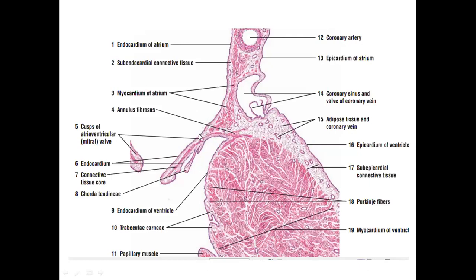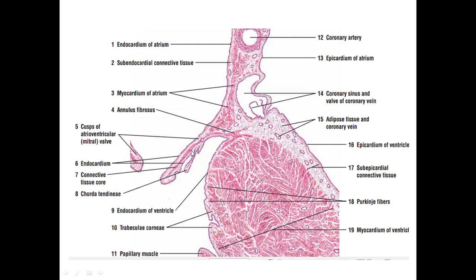Just look at this part, that the wall on both sides, the part of this valve which is facing the atrial side and the part which is facing the ventricular side, are lined by or are continuous with the endocardium. So there must be simple squamous epithelium. Below that you have on both sides subendocardial connective tissue, but the core of the valve, wherever you are going to look at the valves in the heart, is not muscular.